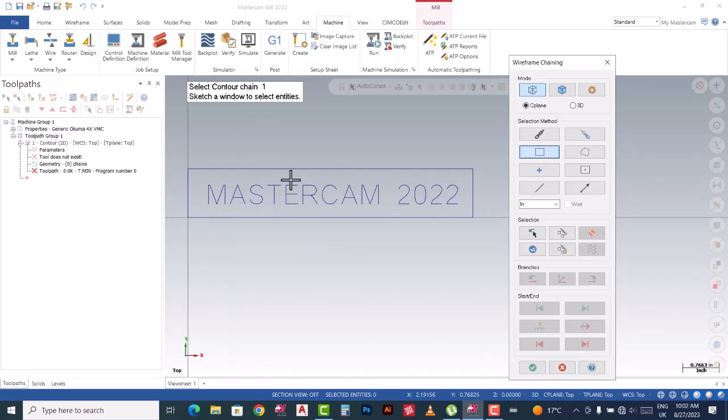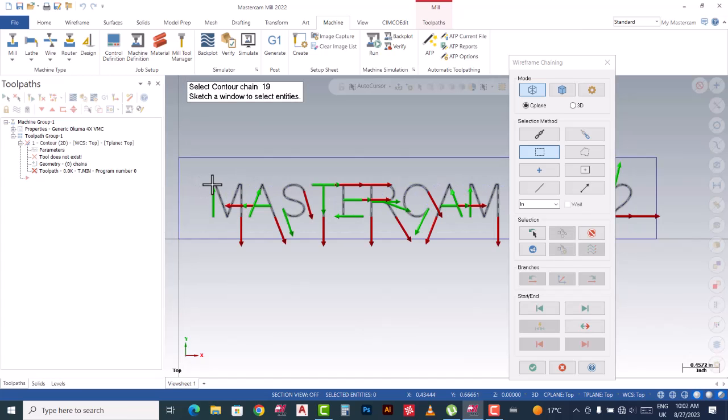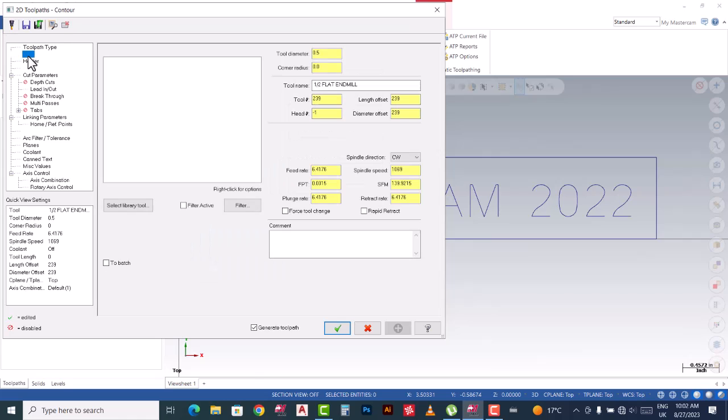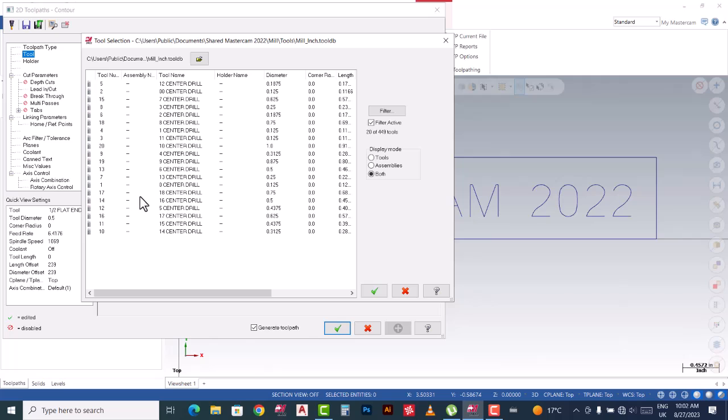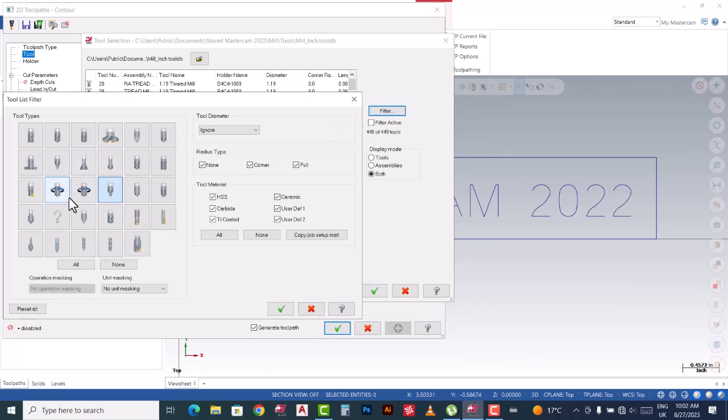Mill Toolpath choose Contour. When it pops up, choose Windowing, then click and drag the mouse to select all the text, then click at the corner here for the starting point, then set up the tools. Let's say I choose a center drill with 0.2